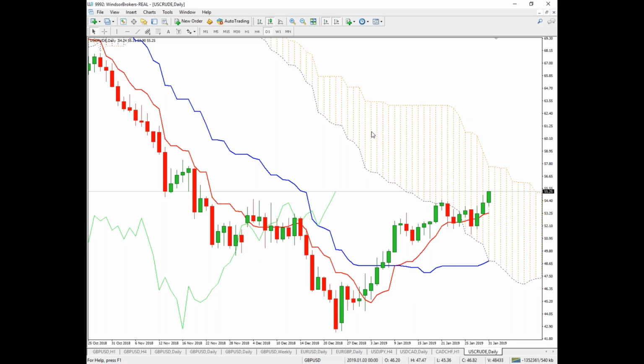Now again, the thickness of the cloud presents the strength of the resistance or support. In this case it's resistance, and we can see several attacks to the base of the falling daily cloud. So it produced huge pressure, regardless of the positive fundamentals that were helping crude oil at that time, a few days ago, to advance and extend recovery. Ichimoku studies showed us, despite the initial signal, that Tenkan-sen and Kijun-sen diverged, a signal that the action is facing strong headwinds here and may have more difficulties to extend higher,